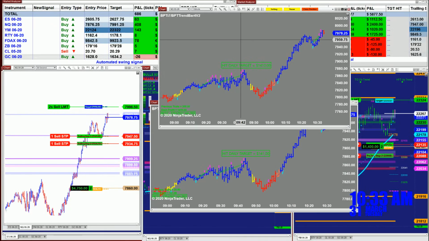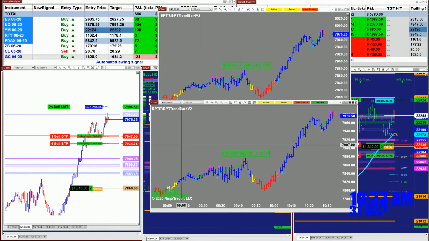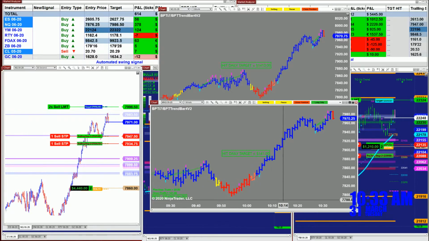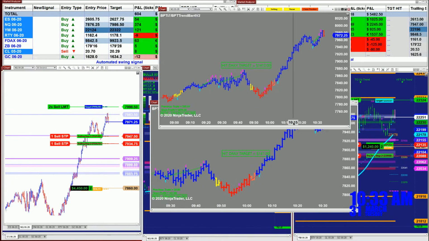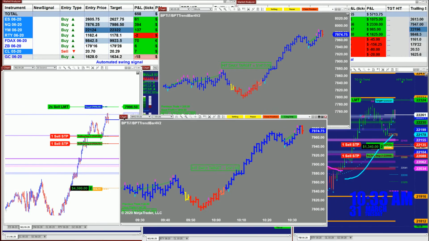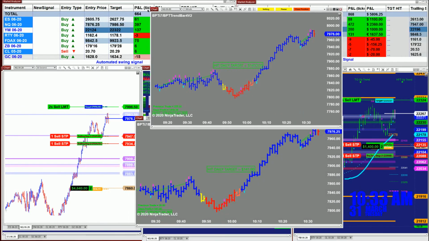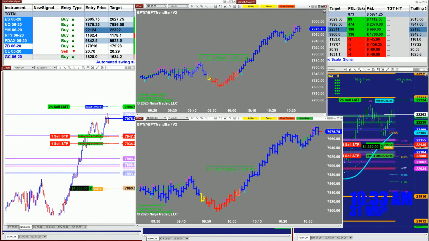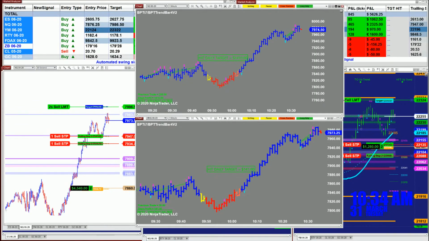This one here has hit 1,410, and this one here hit 1,140, because this is a micro account. So if we look at it, it's exactly the same trade on both sides, exactly identical trades. If you want to use it on a micro account, you can use it on a micro account. And I don't know if you know how to do that trick, but you can